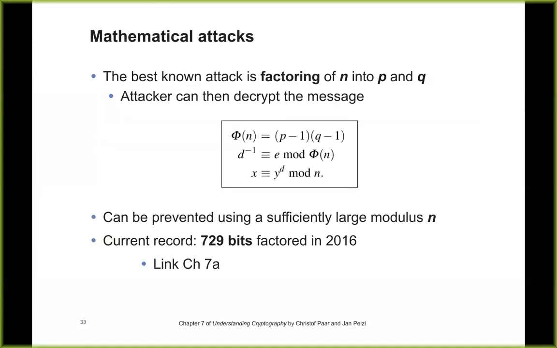Then there's mathematical attacks, right? If you can find some way to do the math, and that is the whole point of it, it is designed to make this difficult. The only mathematical attack that is known is to somehow factor n into p and q, and there are a whole bunch of people out there trying to find the smartest way to factor numbers, but so far, none of them have found a way that really is fast enough, although they keep getting better.